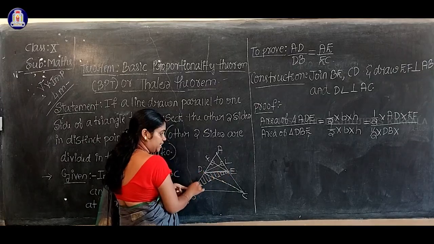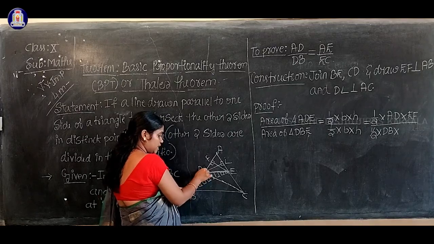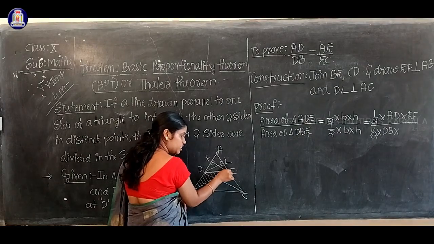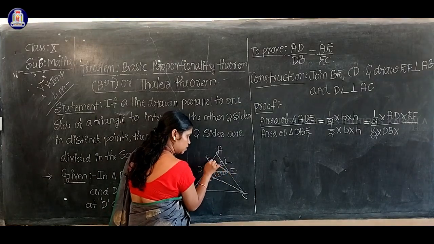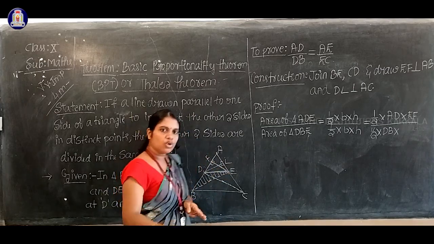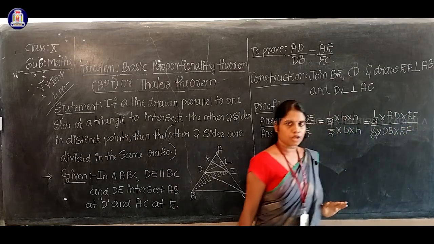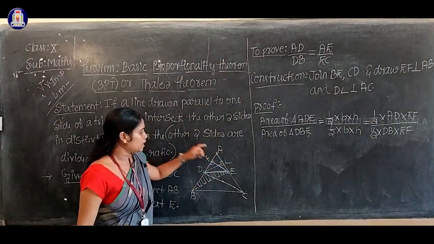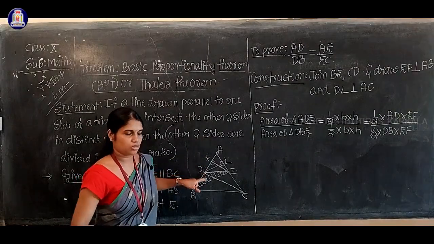Height is nothing but the perpendicular drawn from the opposite vertex of the base. For the side DB, what is your opposite vertex? Opposite vertex is E. So what is the perpendicular from this E? Perpendicular is nothing but EF, isn't it? So this EF is your height for this triangle. EF is also the height for the triangle DBE. So the height value is the same here. For these two triangles, height is the same, only the base will vary. For the upper triangle, base is AD; for the lower triangle, base is DB. It's easy to remember.